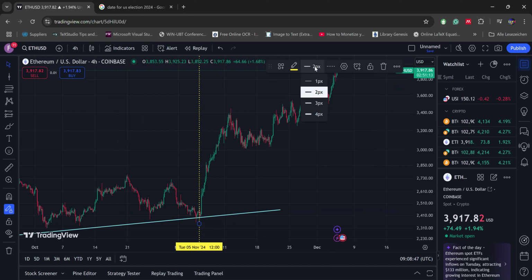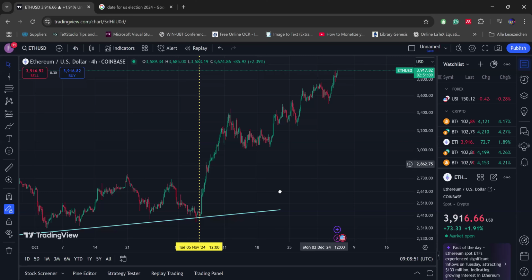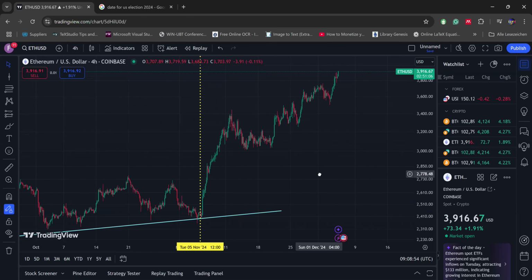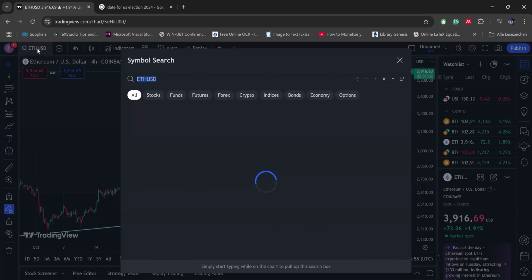Okay, I can also change the thickness of the line and so on, just to visualize and get to know what is really happening. Look at what happened with Ethereum. Okay, we can also search for